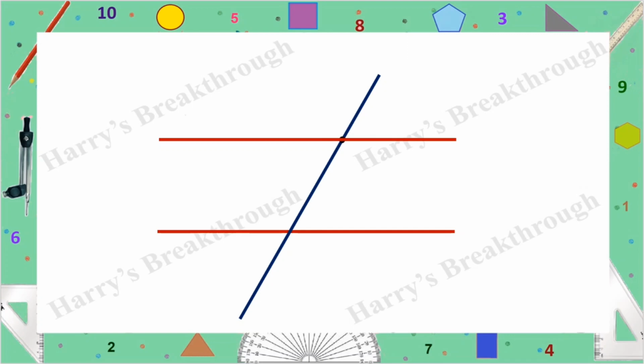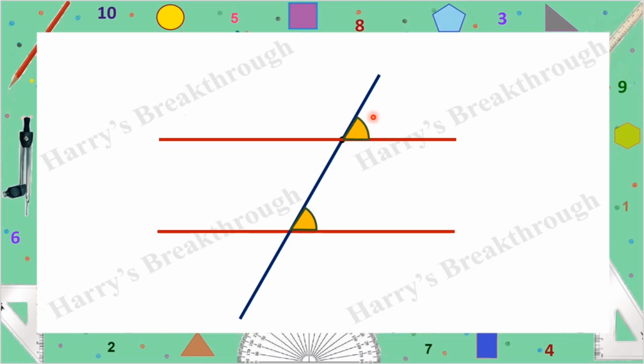Next, here you can see a pair of parallel lines and a third line cutting across these two parallel lines. So you get 8 angles. Can you find angles at similar positions? Here I have marked an angle. Can you find any other angles which are at a similar position to this angle?